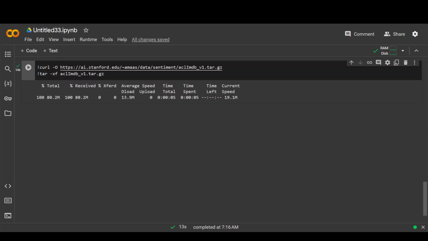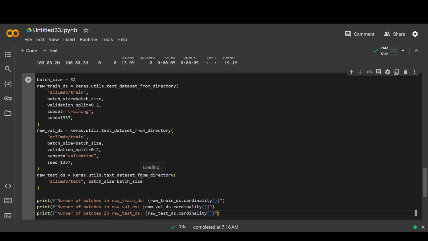Cool. Now what we are going to do is generate a dataset by using keras.utils.text_dataset_from_directory, and by using Keras's own functions, we are going to generate the training, validation and test datasets. Let me paste the code here, which as I mentioned is from their example. So these are the commands which we are going to use. If you look at it, we are building the training dataset here, the validation dataset, and then the test dataset, and then we are also printing out how much